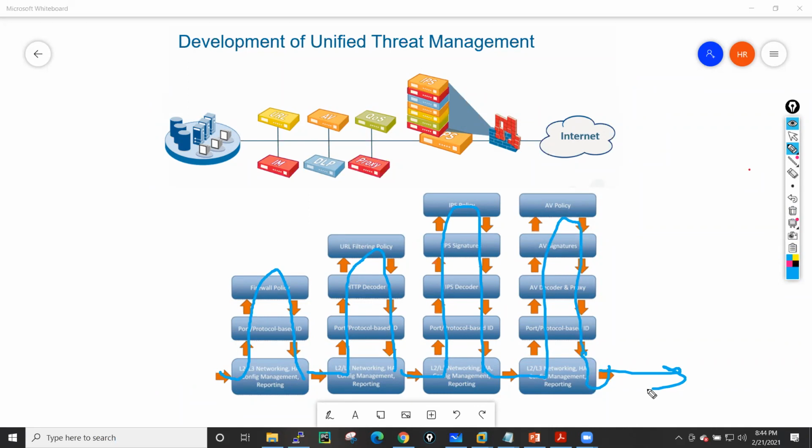In this flow, you will see there is a huge delay, because all these devices process the packet repeatedly with networking and protocol-based IDs through these engines. So this is the multipass kind of architecture on the other devices. Okay, so this is your SP3 architecture, and this is your multipass architecture.